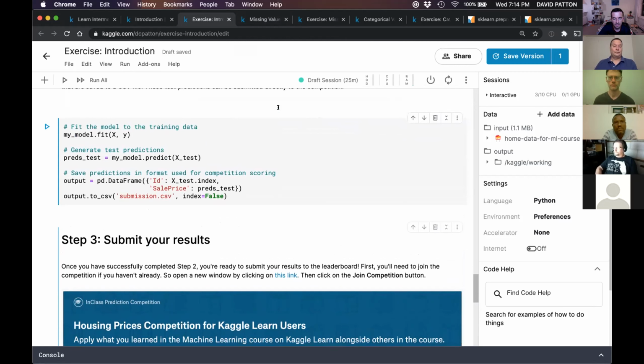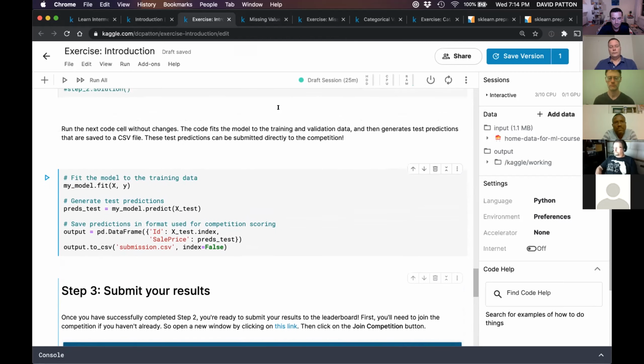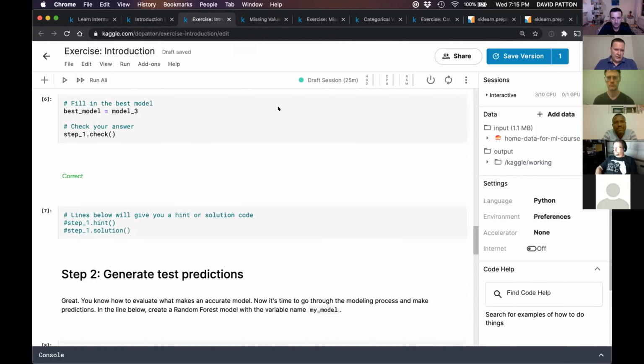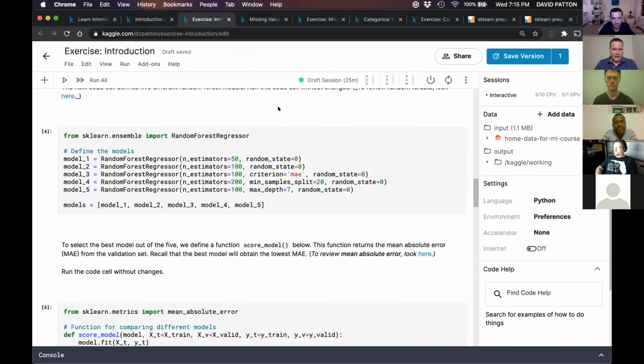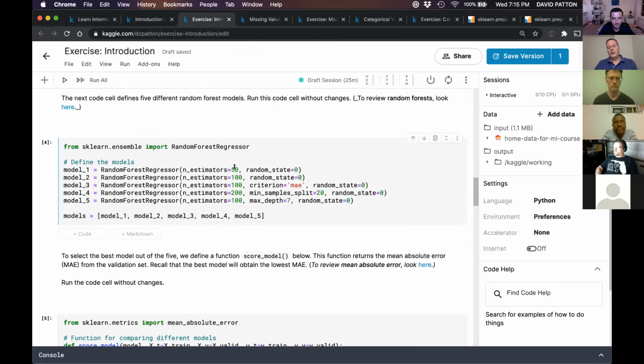Yeah. Question for you, David. What was the difference between the different models? Was it just the number of trees and some other criteria? So a lot of different things. You can see in one case they're changing the number of trees from 50 to 100, 200. In random forest, the default criterion is MSE, and they changed it to MAE for this one model.